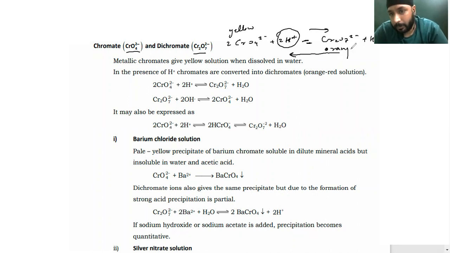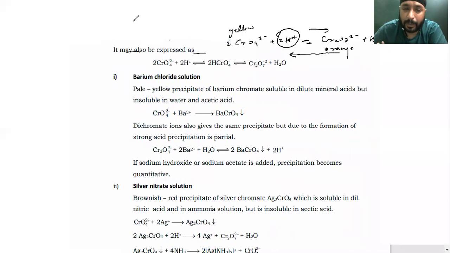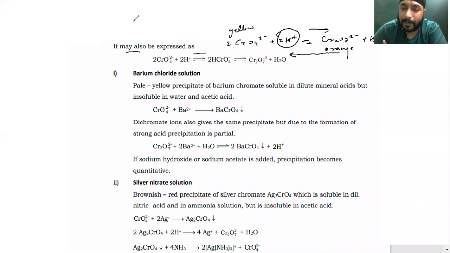Orange, right? Now understand one thing here is already given there. Now what we'll do, we'll be studying this confirmatory test for chromate and chromate first. Now barium chloride, right? Barium chloride when we react with chromate, I'll be getting barium chromate, which is nothing but a white precipitate. So understand here,